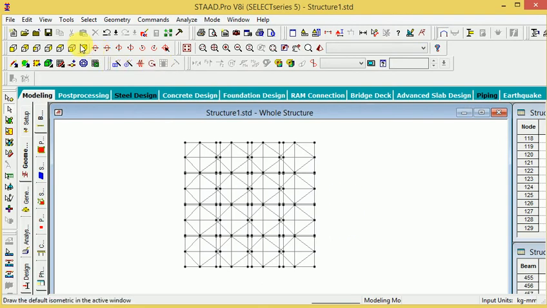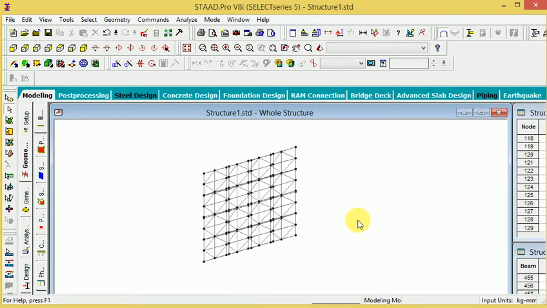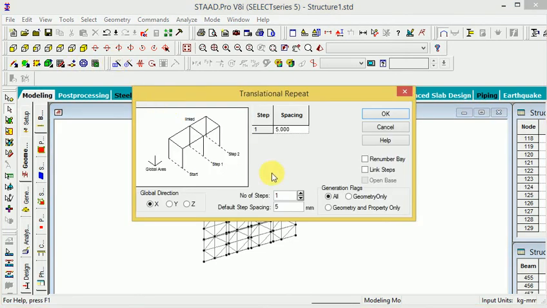And now look at this isometric view. Then again I will go to pattern here and select the z-axis and step 4, same distance, 2000, and again 2000, and again 2000.